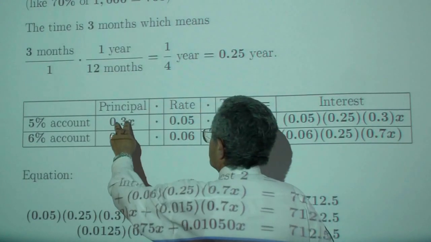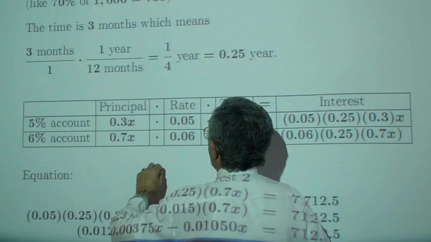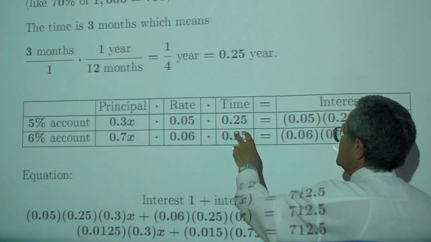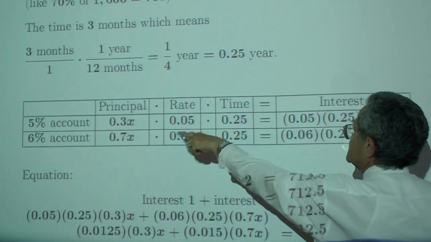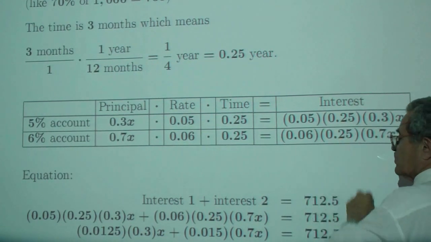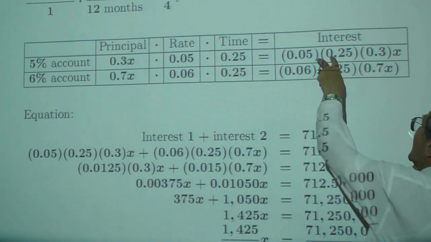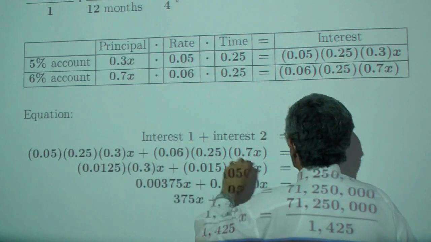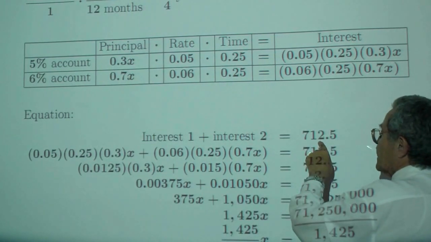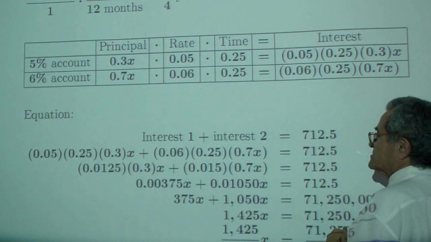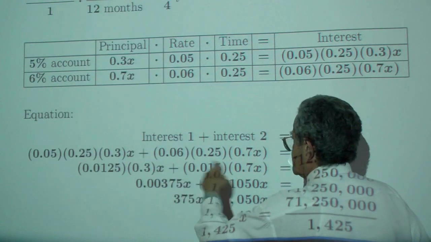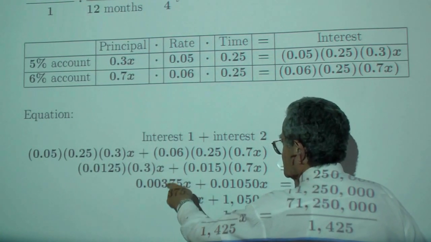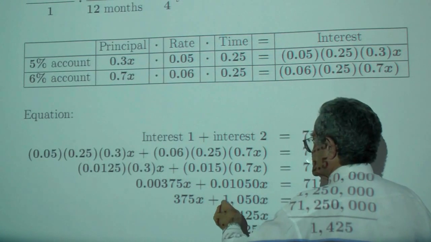We have the principal, 30% of X, 0.7X, 5%, 6%, 1/4 of a year. We multiply these three numbers, we get this and we get that. If I add these two interests, interest 1, interest 2, the total is $712.50. Multiply this out, you get 0.00375X plus